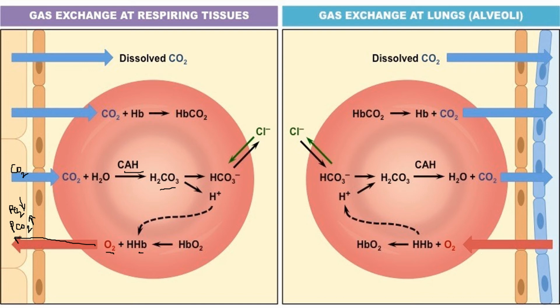So this hemoglobin now binds with the carbon dioxide to form carbaminohemoglobin. The bicarbonate ions are now sent out of the cell into the plasma. When the bicarbonate ions are being released out, the chloride ions are being sent into the RBC cell in order to maintain ionic concentration. So how the gaseous exchange occurs at lungs or at the alveoli means the RBC cell